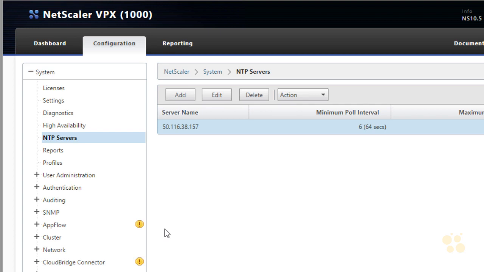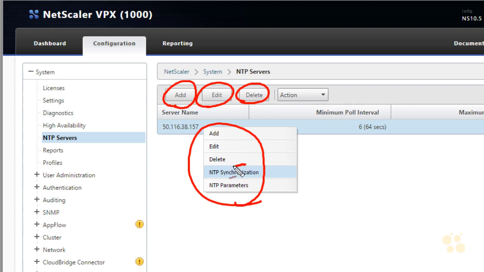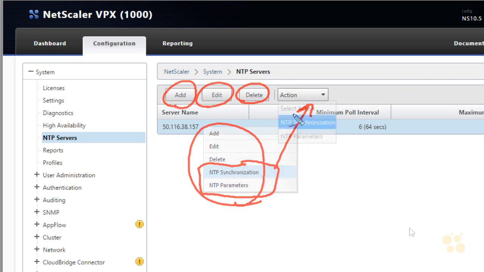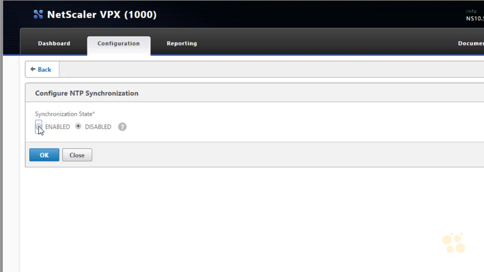Now, just because we have an NTP server configured does not mean that we're actively using it and synchronizing to that NTP server. One last step we'd want to do is we'd want to go ahead and right-click on this NTP server, and then from the drop-down, we can select NTP synchronization. And what's really happening with this drop-down, it's really just providing us this button, this button, this button, plus the actions, which is NTP sync and NTP parameters, which we'd get from this drop-down as well. So there's more than one way to get to the action that you want to perform. In fact, I'm going to do it from this drop-down just because we can. Click on it, and then click the radio button that indicates that we want to do synchronization, and click on